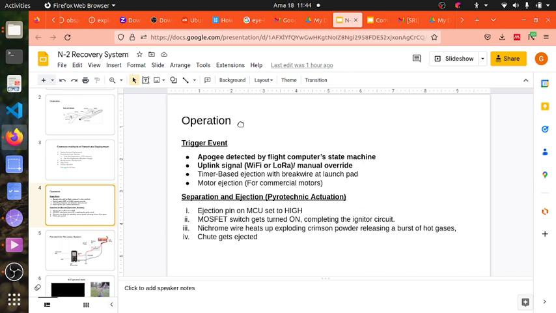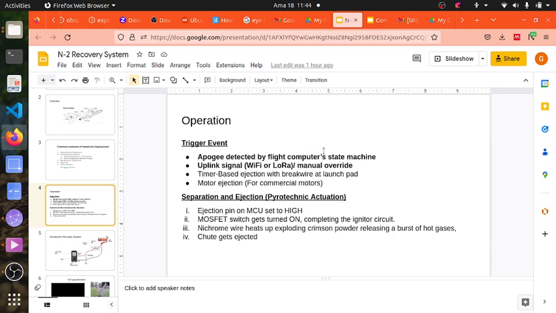So there are two major events. The trigger event. So the trigger event is how do you know when to deploy the parachute. So in Nakuja we have used the first and the second ways. So the first way, apogee detection. So when you detect apogee,